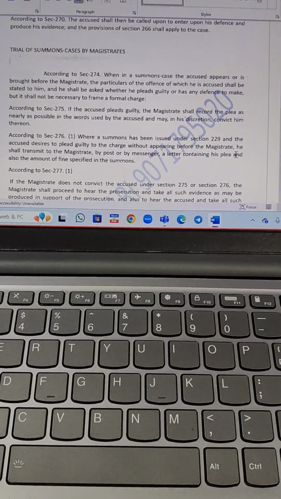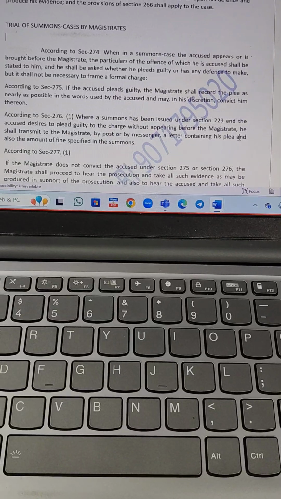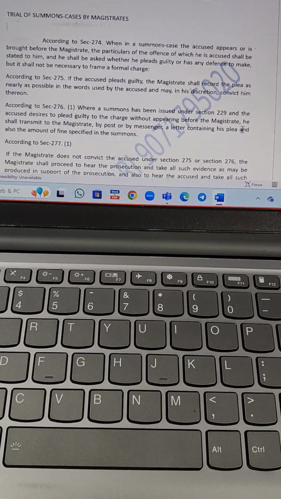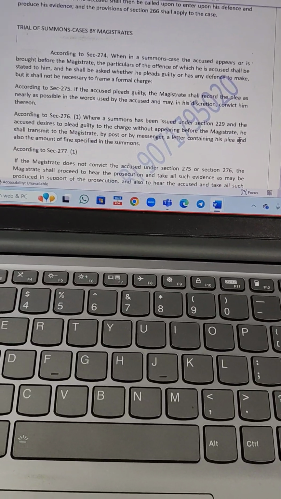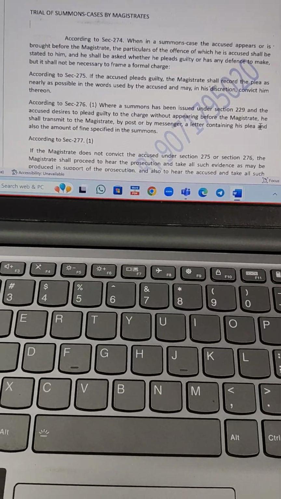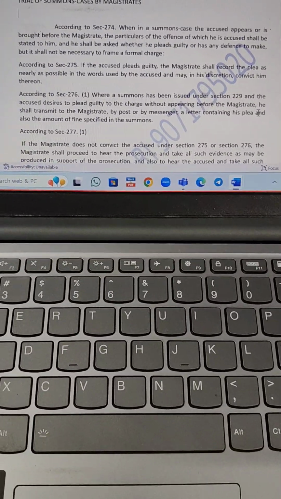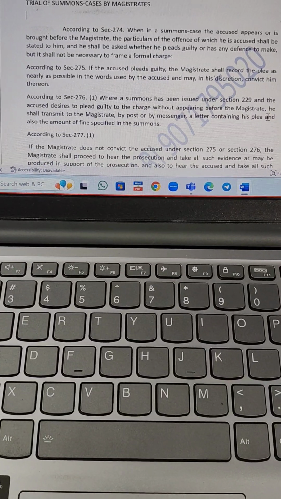Trial of someone's case by a magistrate. So according to section 274, where in a summons case the accused person appears. Summons case means you can dispose of the case very summarily, for very minor offences. So in that case, when the summons is sent to the accused person or he is brought before the magistrate,